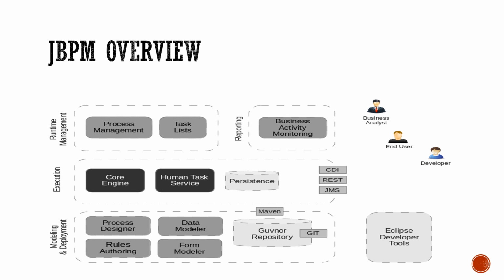There's a modeling and deployment environment. So there's a process designer, data modeler, and rule authoring where you can design various complex business rules. There's a form modeler, which has the inbuilt forms of JBPM which you can use, and there is a Maven and Git repository, which is given for pushing your artifact or code into a separate repository, where you can use it or export the code and import it in multiple ways. There is Eclipse for the Java developers, who can write business logic, say a service task, which is the more technical part of JBPM.